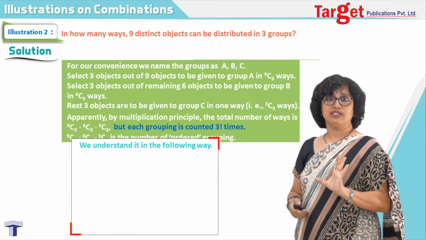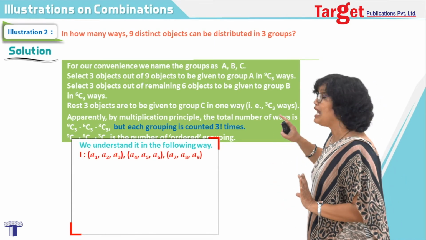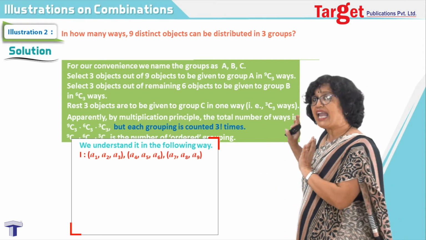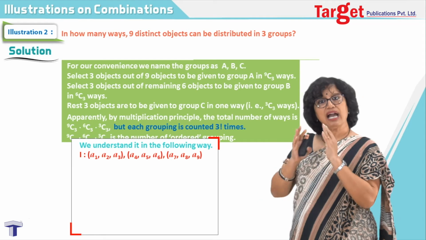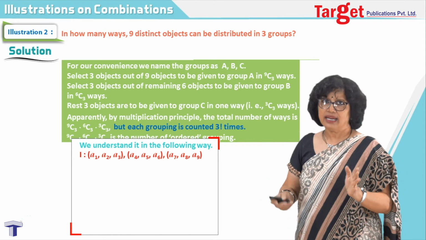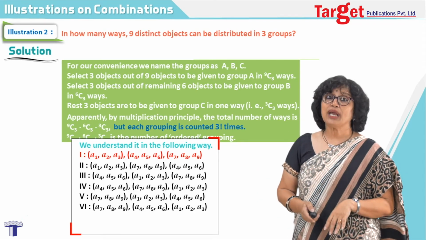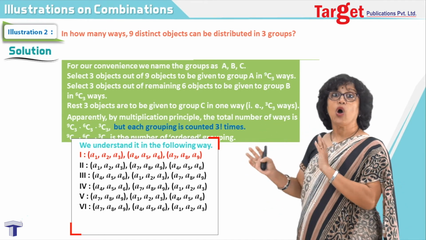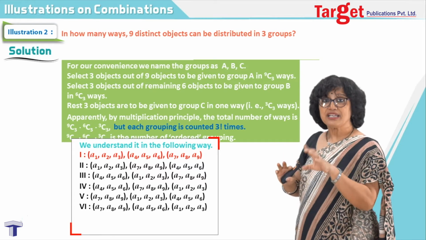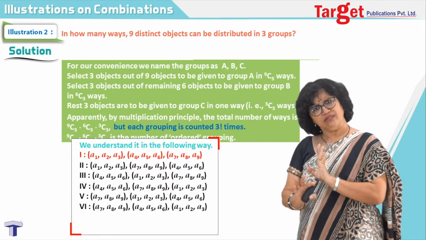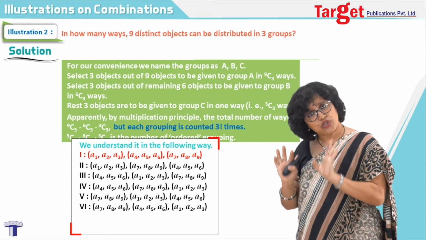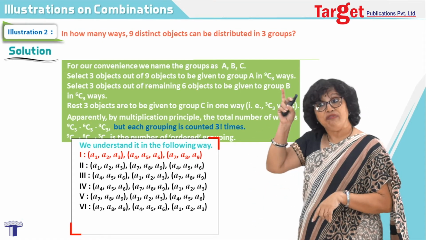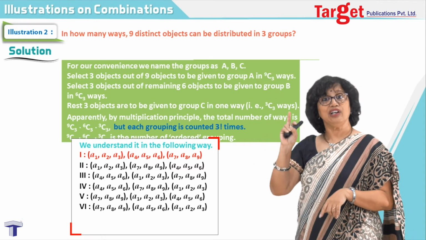And I understand one situation. Suppose A1, A2, A3 at one place, A4, A5, A6 at one place and A7, A8, A9 at one place. I have grouped them into 3, right? 9 elements. Now I can also write a few more such groups and realize this, that I am just changing the order of groups, not elements. Elements you have kept inside, no ordering there, only selection. True. But are we ordering groups? Yes, we order groups when we take 9C3 into 6C3 into 3C3.